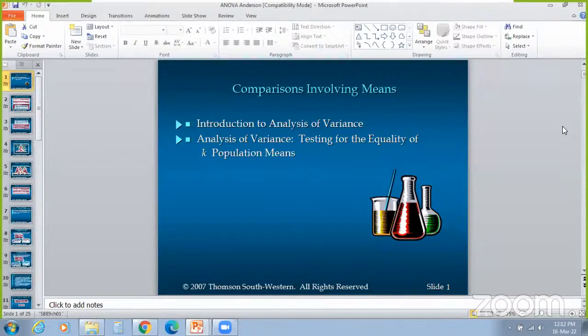Whether the populations have equal means or not. So let us take one example. For example, say one company has three plants in three different places. One is in Bangalore, the other one is in Mysore, the third one is Hubli. Now it has to assess the production efficiency of that particular firm in terms of the number of